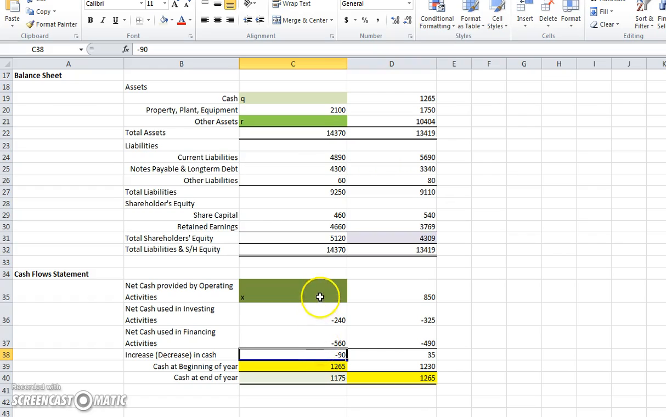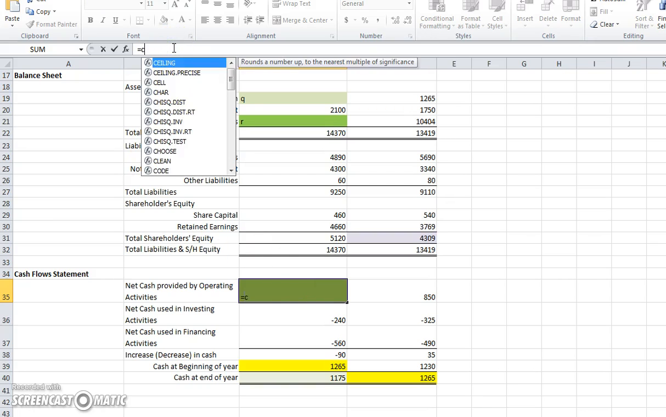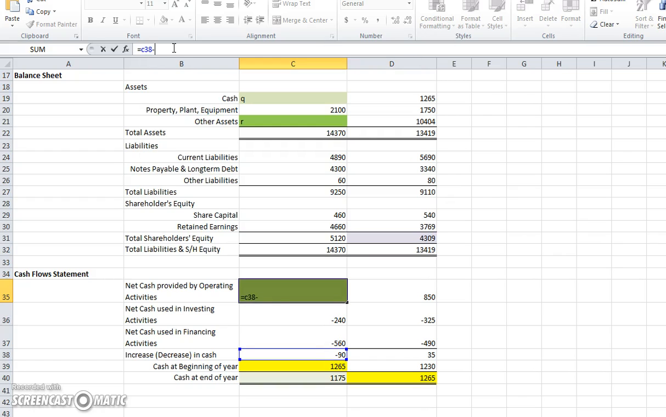And this is quite easy to do because we know all of this together must equal minus 90. So let me put together a formula. So if you look here, it should be C38 minus the sum of these two put together, which is the net cash from investing and the net cash from financing